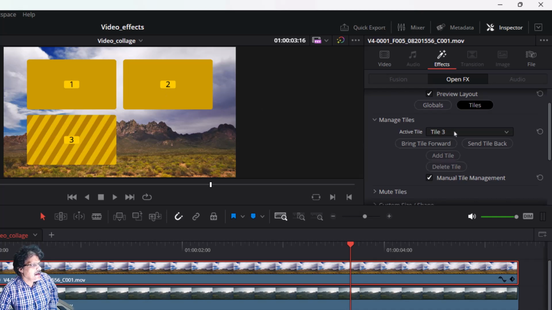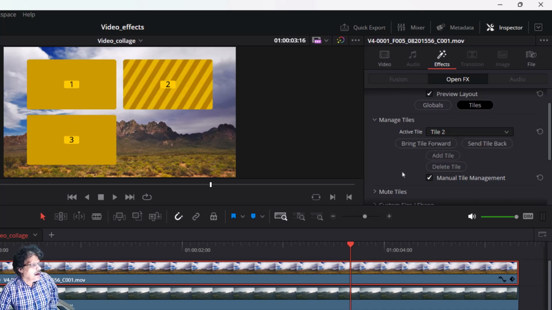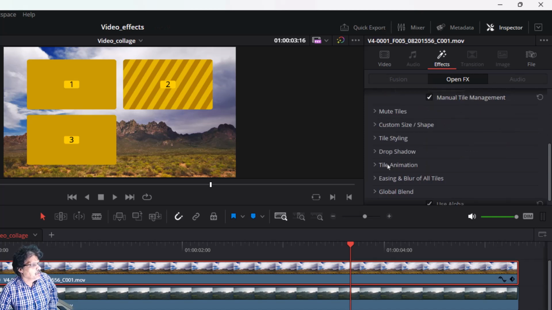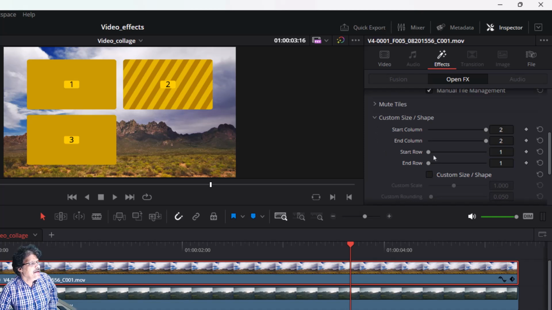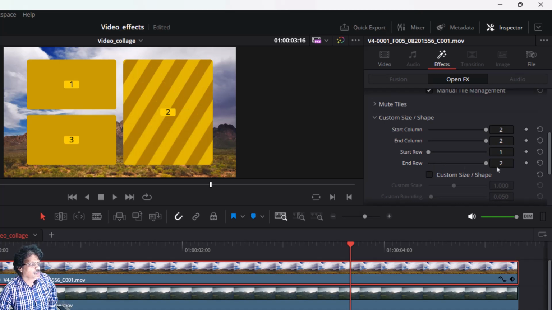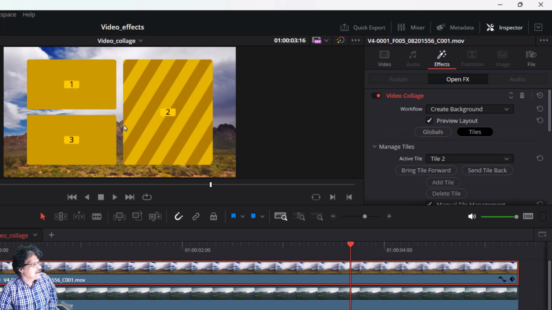Now I will select tile number 2, and selecting tile number 2 I will move down, and you have an option here, custom size and shape. I will open this column, and here in start row it is set to 1. I will set the end row to 2. So when I set the end row to 2, you can now see I have a different layout. So now I have 1, 2 and 3. So in this way I can customize my layout,